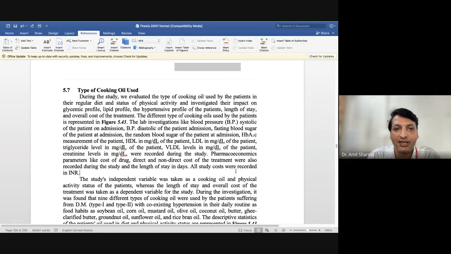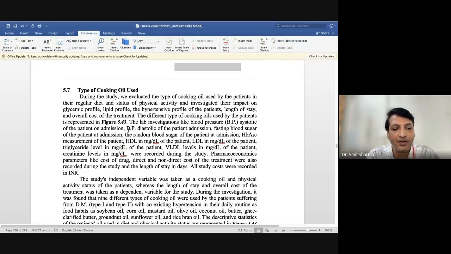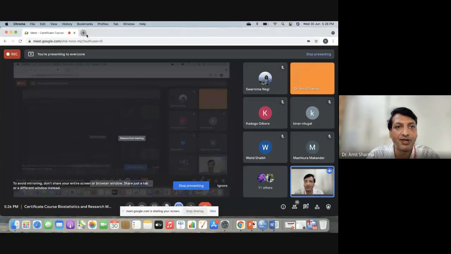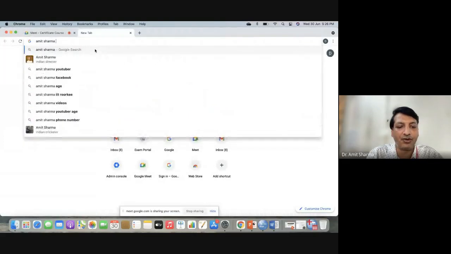I think I have shown you one slide on day one or day two where one paper was published. I will let you know if my internet is working. Just see, this is the example which I want to show.